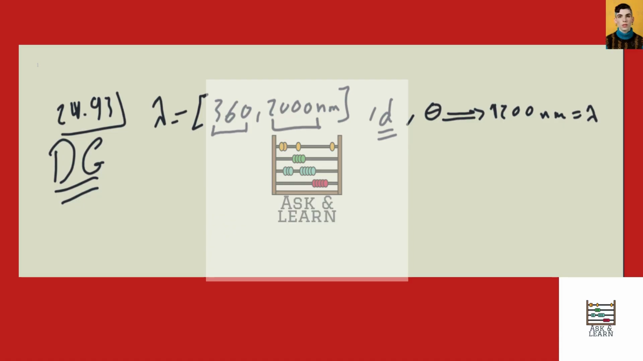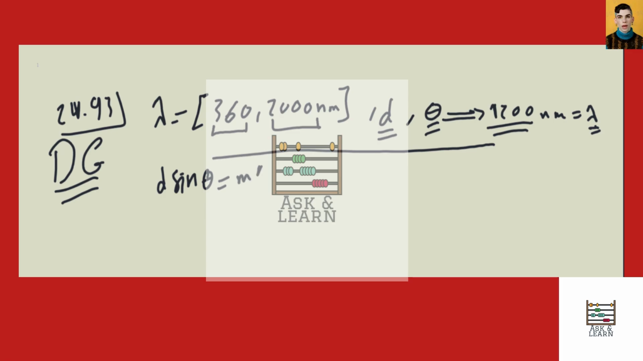We shine this source of light on the diffraction grating, and we observe that the first order fringe of the wavelength 1200 nanometers occurs at an angle theta. The question is asking what other wavelengths we are going to observe at the same angle theta. So we can just consult the relationship that we know about diffraction grating, which is